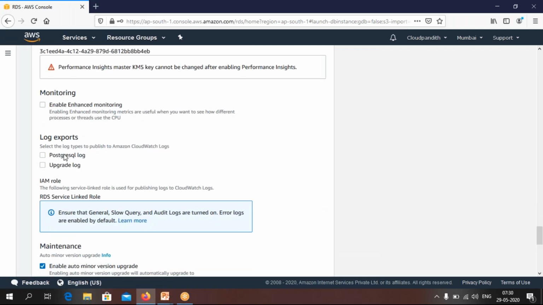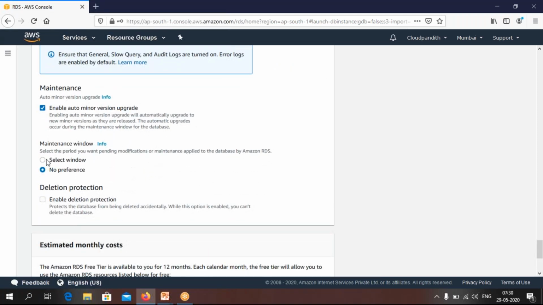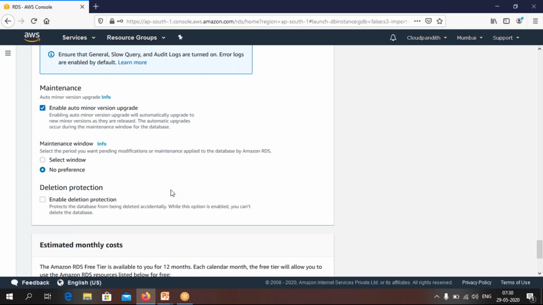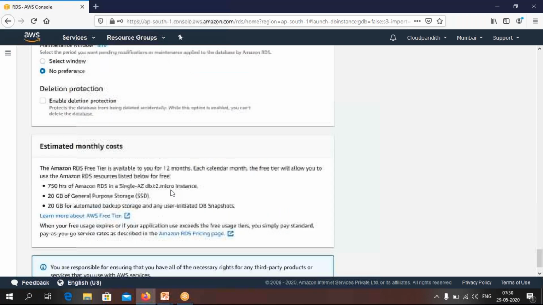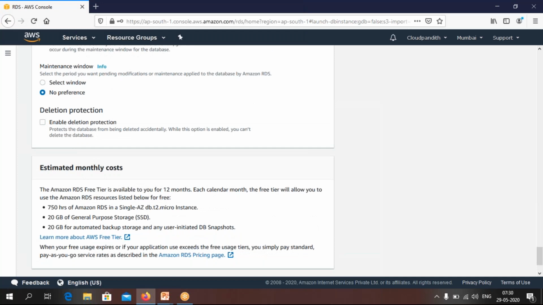If you want to send logs to CloudWatch for monitoring, we have all those options, friends. If you want to select a maintenance window, suppose AWS wants to install some patches to this instance, then what time is best for you as per your business? You have to give that time, but currently I don't have any preference. So as per their requirement, whenever they want to install those patches or upgrades, they are able to do it.